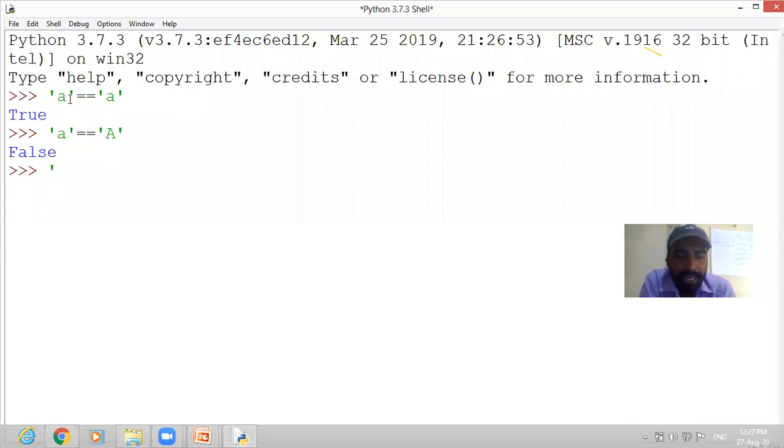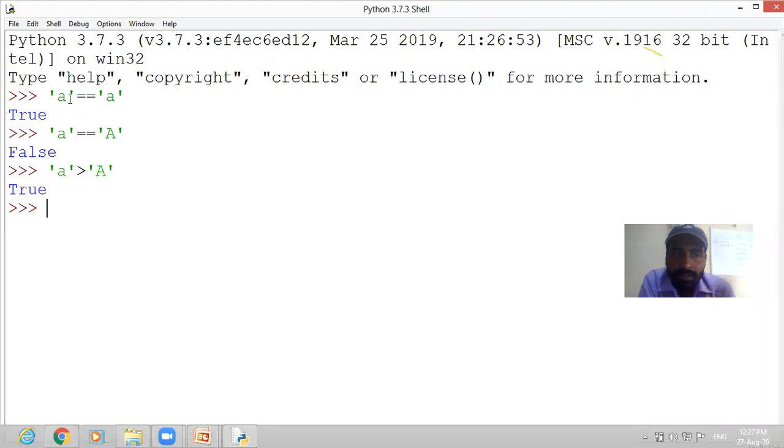Now if you compare small a greater than capital A, what will you find, true or false? True, because the ASCII value of small a is 97, which is greater than the ASCII value of capital A, 65.